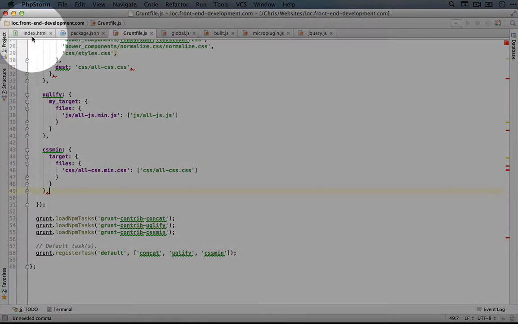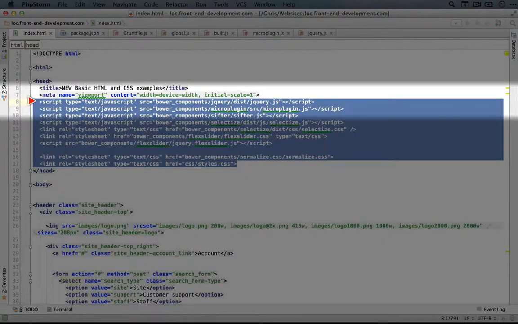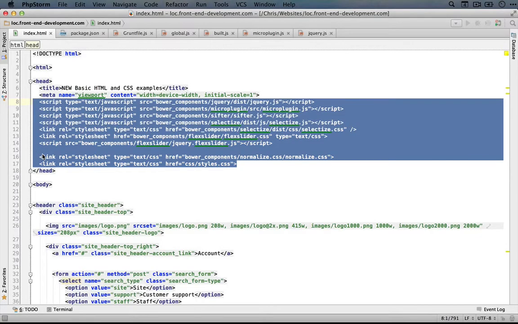Now again, we talked about what we would manually have to do. I'm going to go back to the editor and look at our index.html, which is cutting out our JavaScript files and CSS files and pasting in the minified versions. And possibly that would be what we ended up committing to a certain branch in our version control system. And then we'd have to undo all of that in order to continue development. But if we use an automator, we can easily swap between the two, which allows for easier testing and fewer